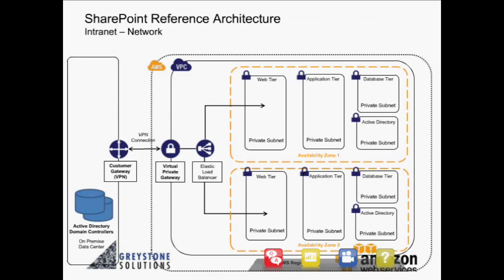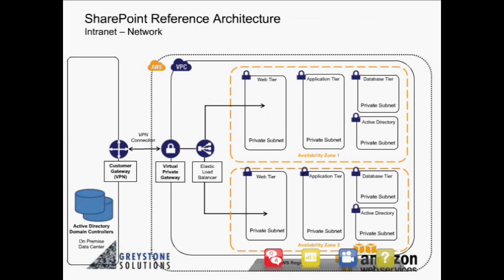Sorry, I'm skipping a couple of slides here because I'm going to talk about that in the architecture diagram. So a typical intranet network. On the left, we have your corporate data center and on-premise environments with Active Directory domain controllers already existing, doing authentication for your applications, and using your customer gateway and then the virtual private gateway. We have set up a VPN tunnel here, and then within the VPC we have a load balancer